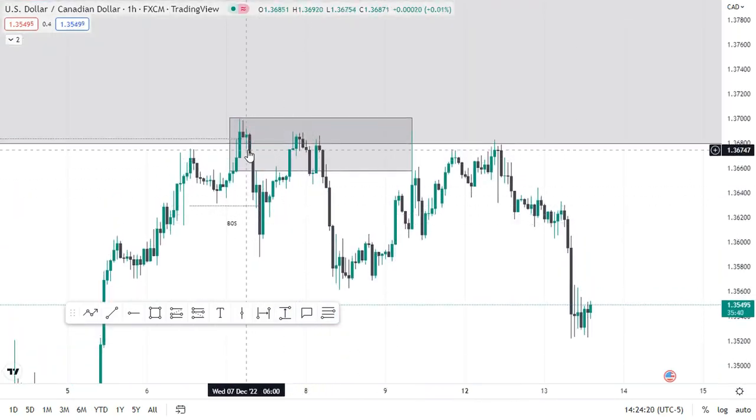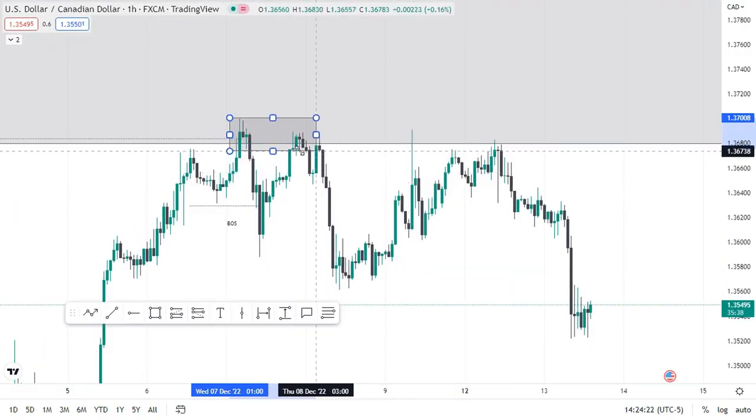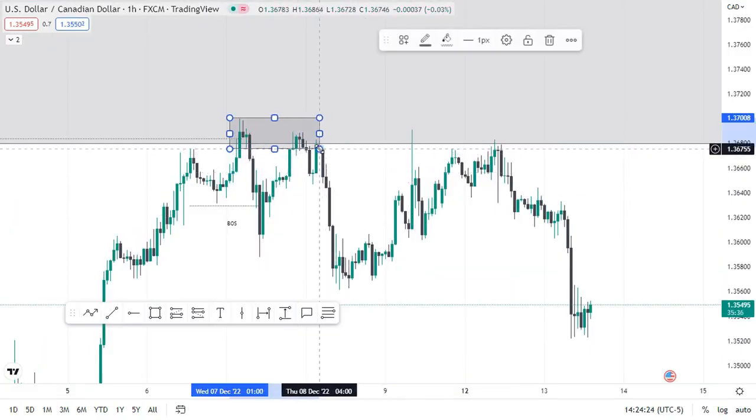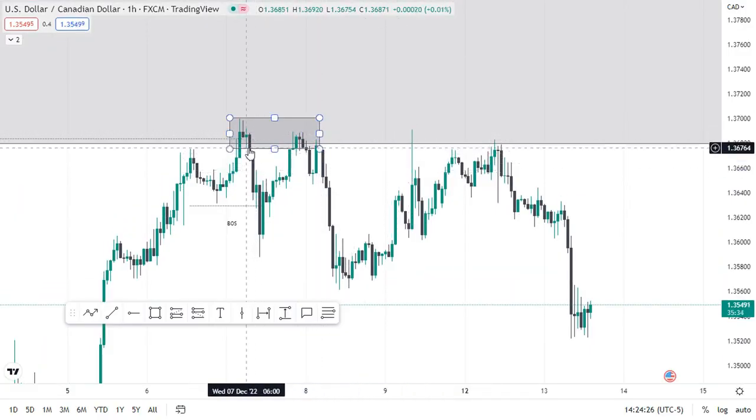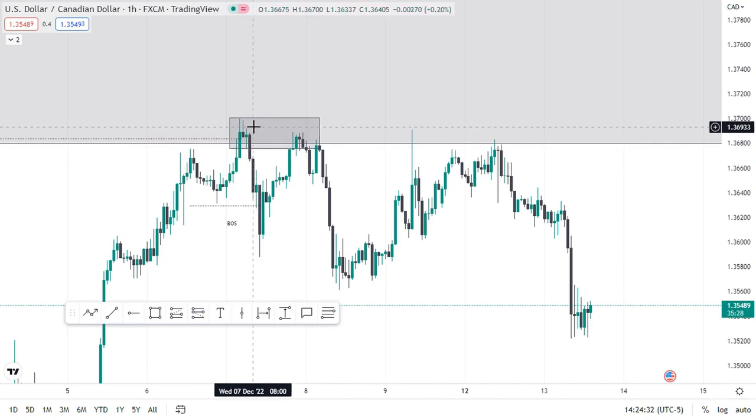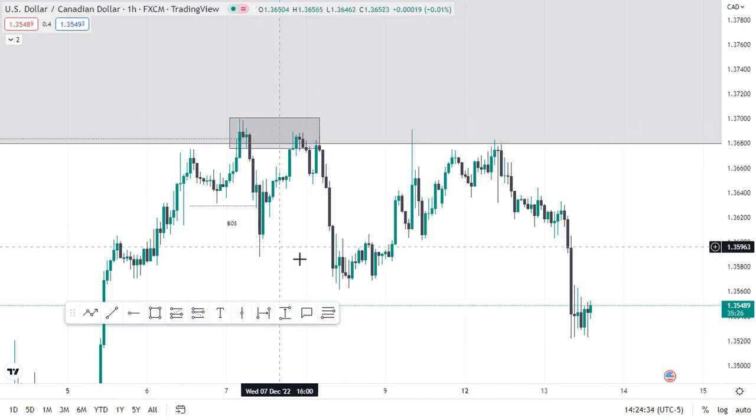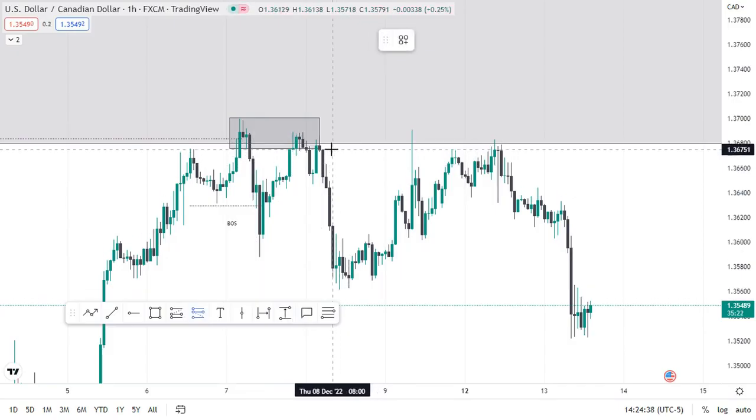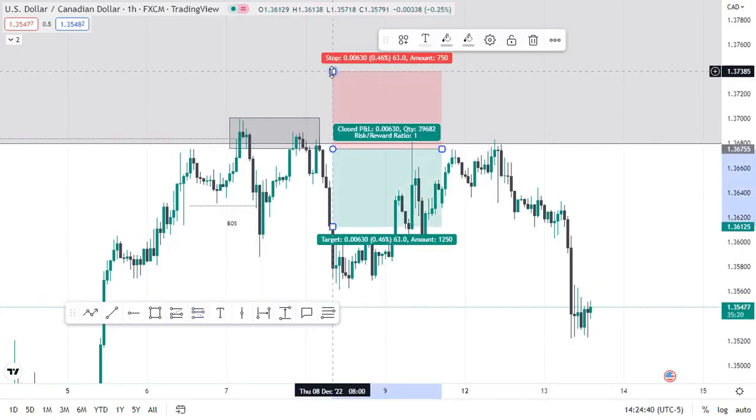you can see there was an imbalance on 1 hour, so I could simply just use that as my sell zone. Simply put my sell limit right here, and stop loss could just be right above the 1 hour order block, and that would basically be the entry. And so if you did that, risk to reward,